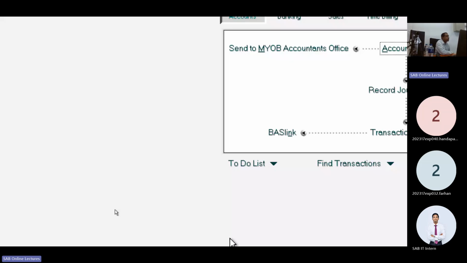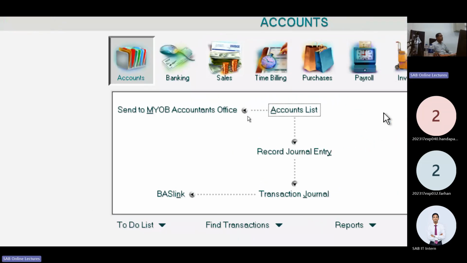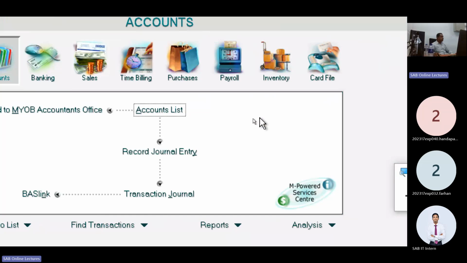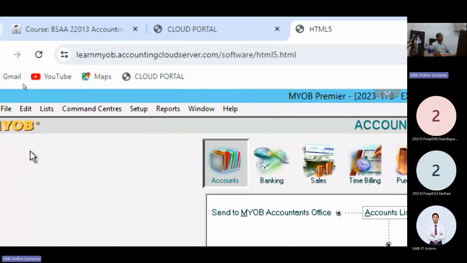Right. Look at the part on your screen. Look at your file, edit, list.